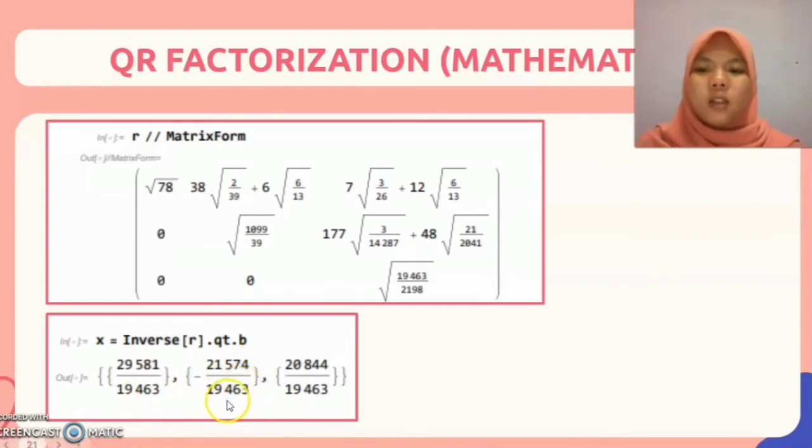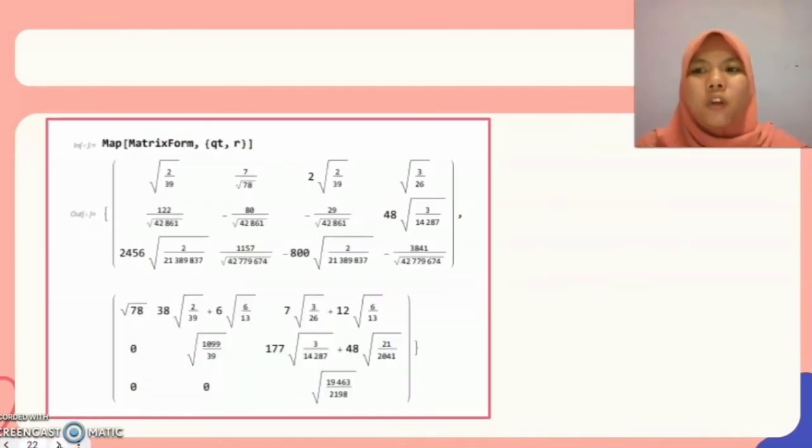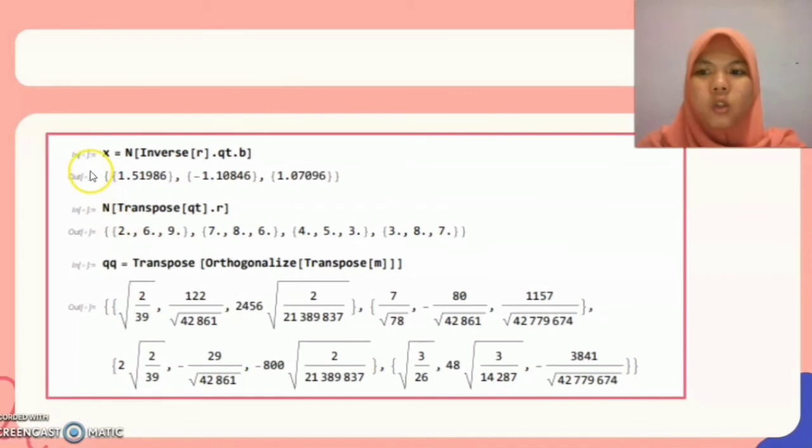And here as you can see, we get the true value of x, which is 29,581 over 19,463 and negative 21,574 over 19,463 and 20,844 over 19,463. Now we insert the input of map in the matrix form of Q transpose and R to combine matrix of Q transpose and matrix of R into one matrix. Okay, so as you can see here, this is the matrix form of Q transpose and this is the matrix form of R. So to get the value of x, inverse R multiply with Q transpose and multiply with B, we get 3 values also, which is